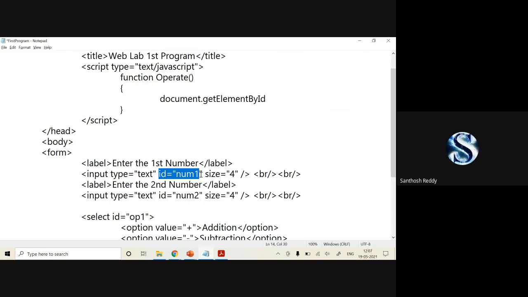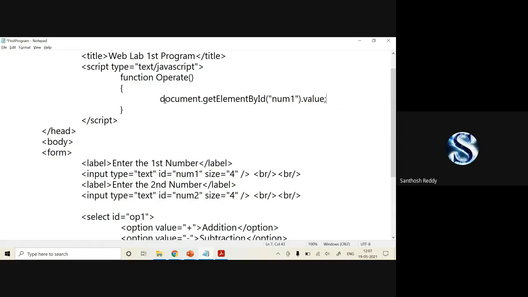By using this ID, we can easily identify the value you have entered there. So I'll enter num1 and close this. If you want to extract the value from that particular box, you have to specify the attribute called value.